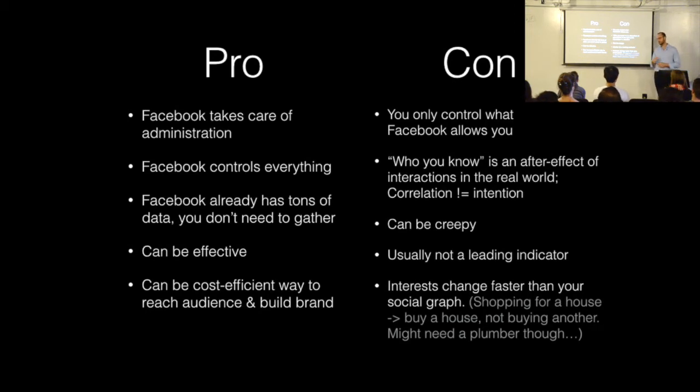As cons, Facebook has control of this, and you don't necessarily see what the different dynamics are that are interacting there. So you get what they give you. As well, who you know is probably something that happens after you've already made decisions or acted in the real world or had some interaction with people. So there's a lag between when the thing happens in the real world and when you see that show up in the Facebook graph, right? For me personally, it's a little unsettling when stuff that you weren't necessarily aware was out there could be revealed and marked for marketing, etc.